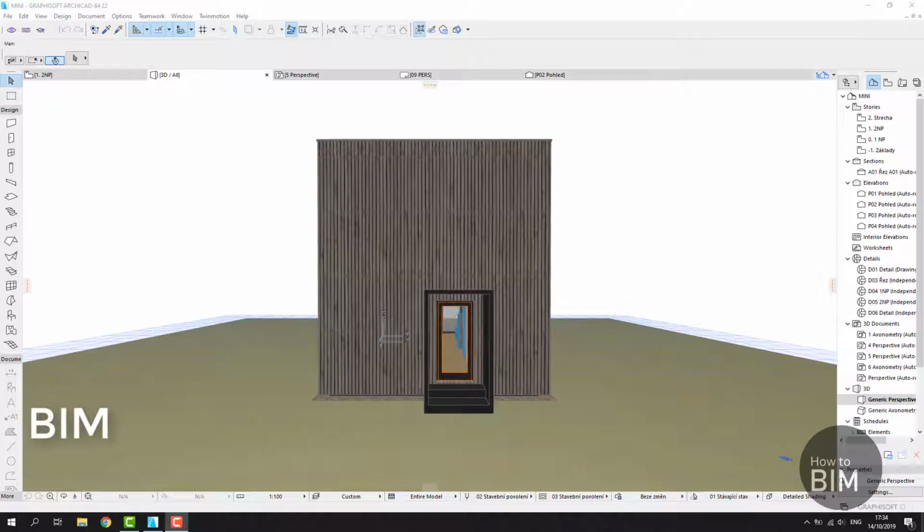BIM, Building Information Modeling. This is a different kind of approach than CAD, because it's not based anymore on working drawing by drawing. We are not creating the actual plans, elevations and sections. We are creating a model with all the information inside the model that will help us to generate all of the views, sections, elevations,